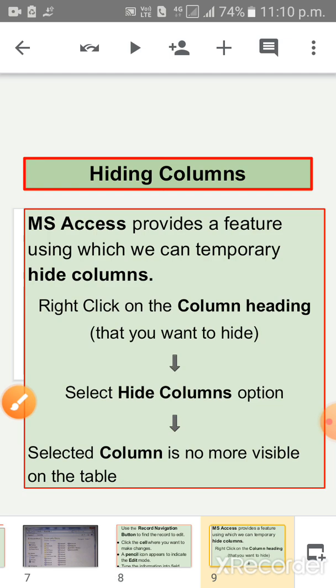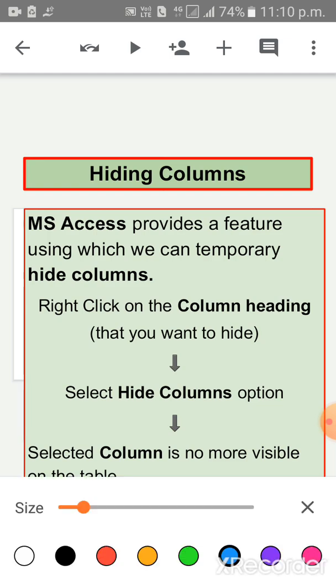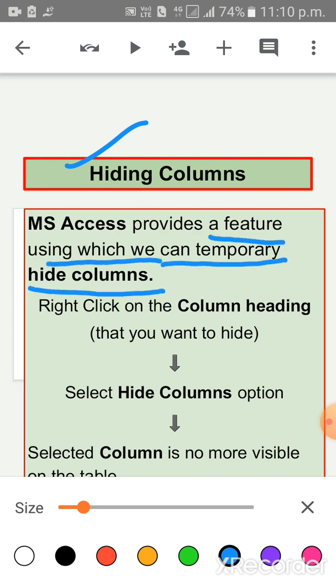Now children, the next topic is hiding columns. To hide columns, children, MS Access provides a feature using which we can temporarily hide columns. How to hide the columns, children? First of all, right click on the column heading that you want to hide.